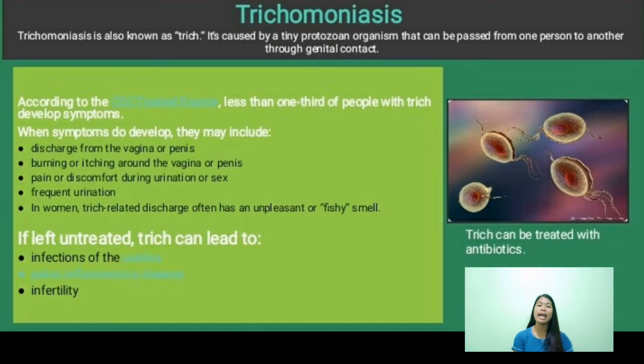The next common STD is Trichomonas. Trichomonas is also known as trich. It's caused by a tiny protozoan organism that can be passed from one person to another through genital contact. When symptoms develop, they may include discharge from the vagina or penis, burning or itching around the vagina or penis,